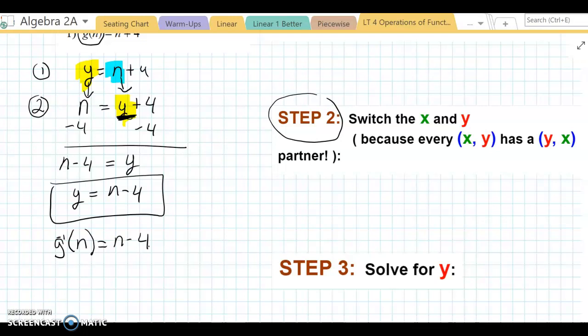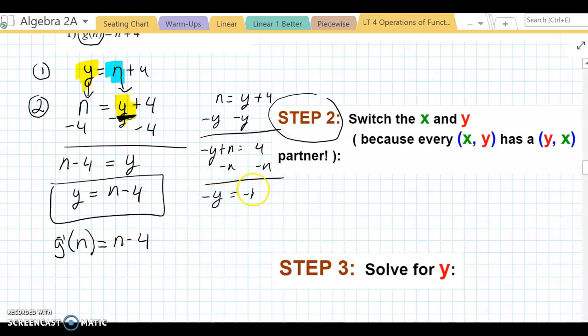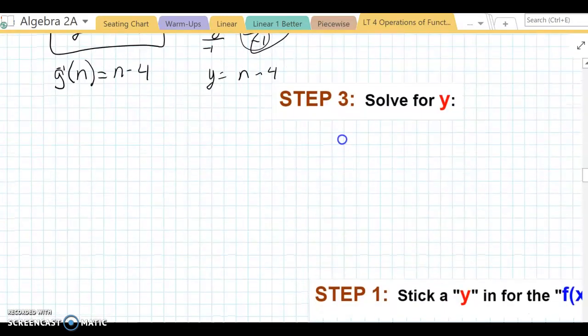Okay? The other way I could have done it is we could have said subtract y from both sides. So if I do that, n equals y plus 4. Subtract y from both sides, I get negative y plus n equals 4. Subtract n from both sides, I get negative y equals negative n plus 4. Divide everything by negative 1, I get y equals n minus 4. So you get the same thing, but I find the one on the left easier. All right, so now